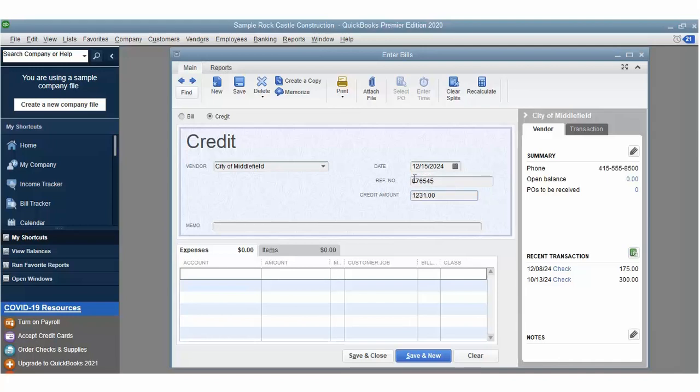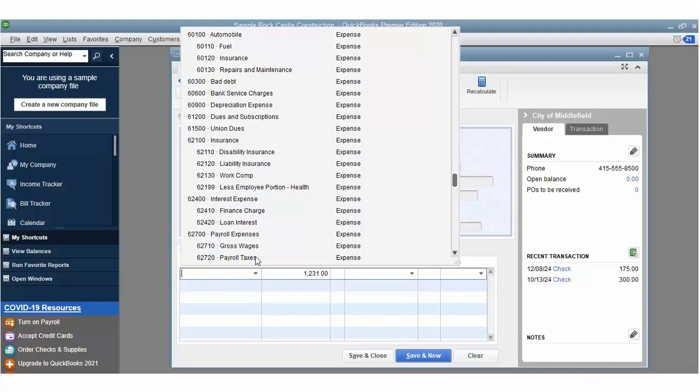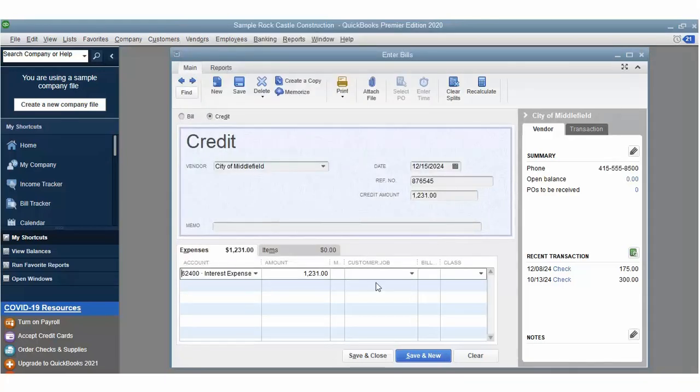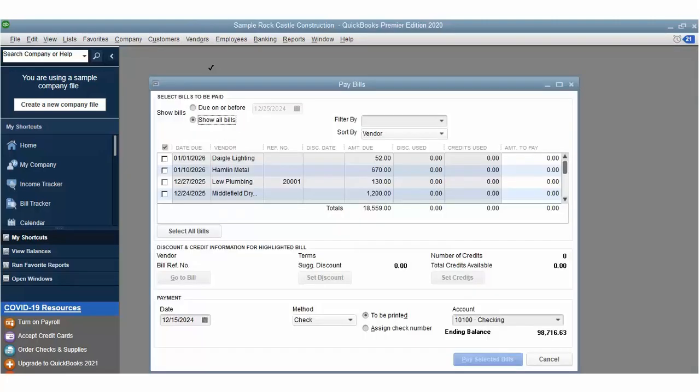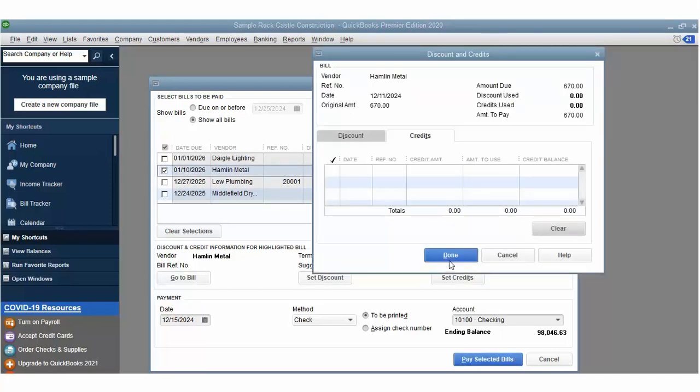If you select Check from this drop-down, you must select either the To Be Printed or Assign Check Number option button. If you select the To Be Printed option button, the check will be assigned a check number later when you print it. If you select the Assign Check Number option, enter the starting check number into the adjacent field. If paying by check, select the account from which the funds to pay the check bill will be withdrawn by choosing the desired account from the Account drop-down. If you select credit card as the payment method, use the adjacent Account